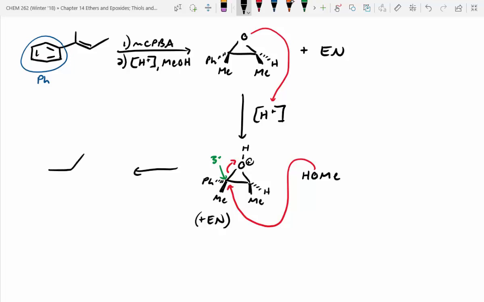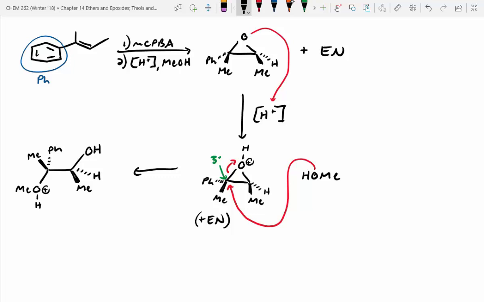All right, so the carbon on the right, we know when it slingshots open, we'll have an alcohol up here. The methyl group, if it was untouched, will still be a wedge. The hydrogen will still be a dash because we didn't touch that stereocenter at all. On the other side, the methyl group is actually going to get flipped up, kind of like an umbrella flipping inside out. It's still going to be a wedge. So I'll write Me. Our phenyl group will be a dash. And then down here, at the attacked side, we're going to have this methyl group